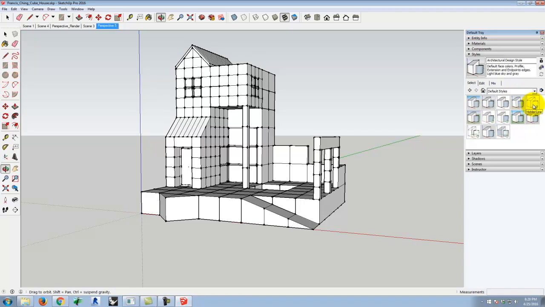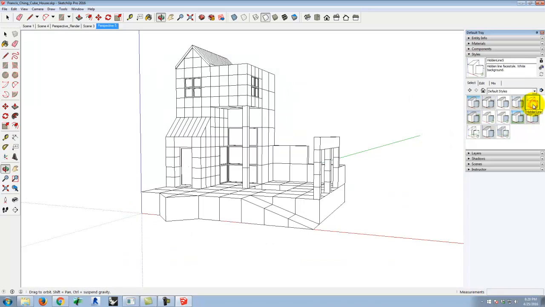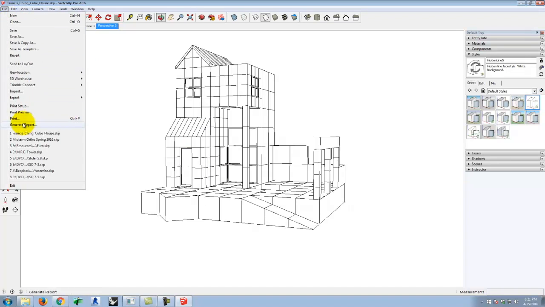And it's the last one in the top row. It's called Hidden Line. And I'll do Hidden Line because it's a very, very simple line drawing. It's a good place to start when you're doing this kind of a save. So I'm going to turn that on, but I'm going to turn off the axes, the red, the green, and the blue axes, so I have just my building here to work with. So it's just a basic line drawing of my building,